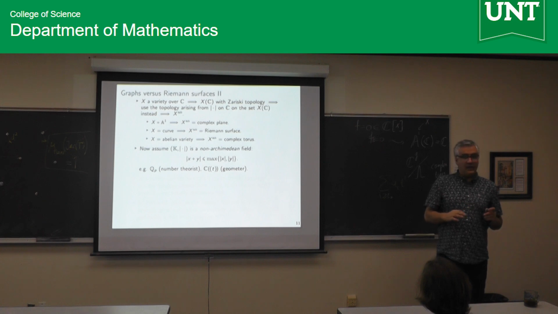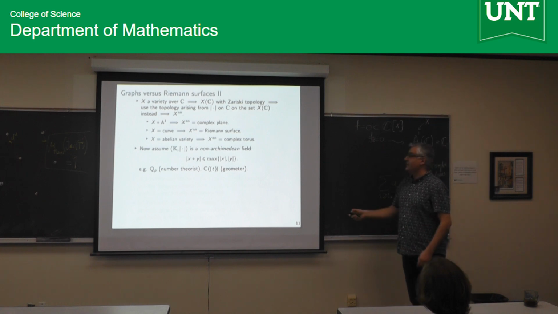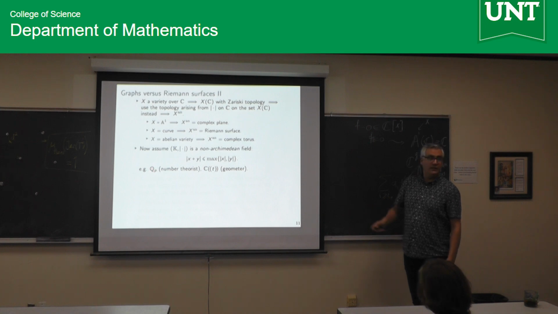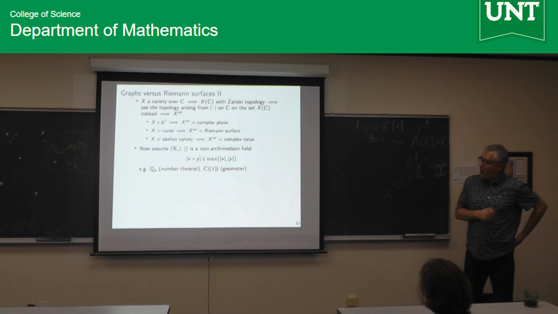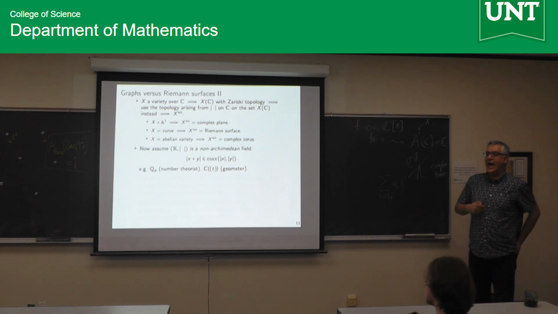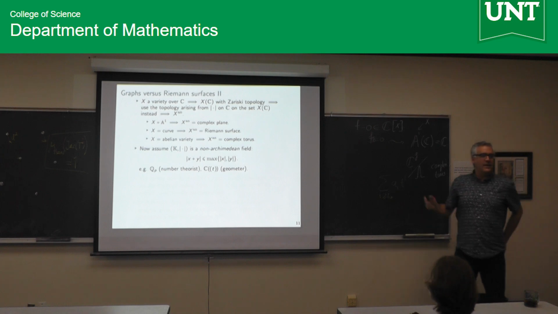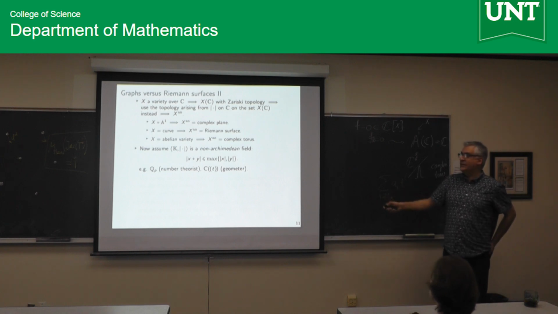Every other field, and there are infinitely many of them, in fact I've written infinitely many on my board, because for any prime number p, you have a Q_p. And there are many, many, many examples that go beyond this. All of them are non-Archimedean. So if you want to do analysis over arbitrary fields with absolute value, unless you're super lucky and hit these two weird fields, R and C, you're going to be hit with these fields, and you have to learn how to deal with it. Okay, as a pure mathematician.